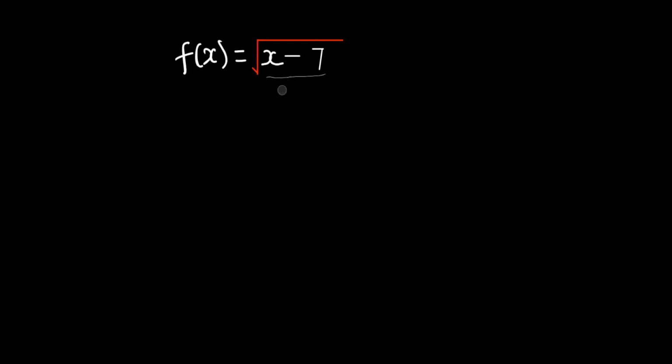This means that the expression could be equal to 0 or greater than 0, but the expression should not be less than 0. This means to solve this problem, we will have x minus 7